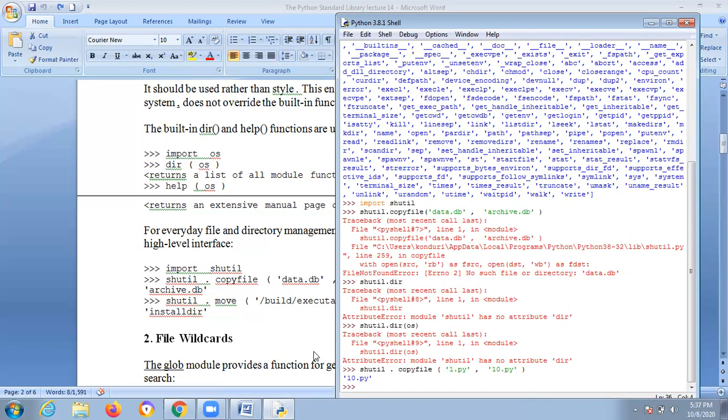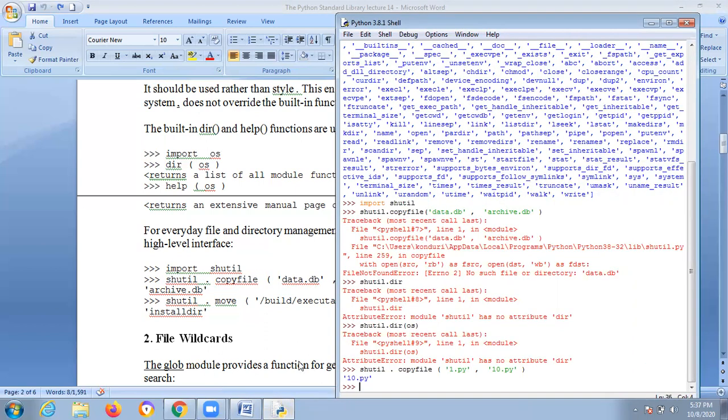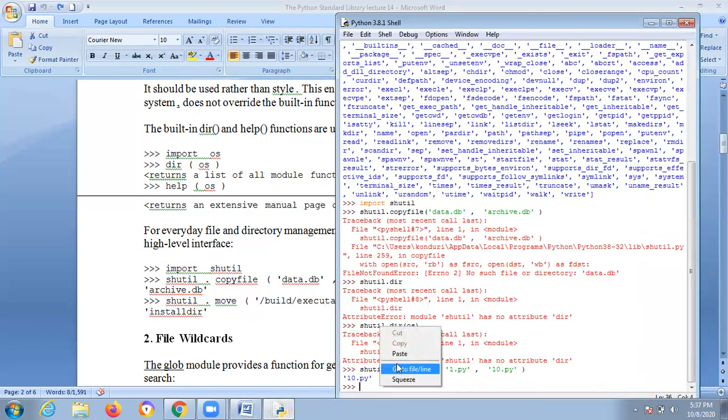Okay, now you have to observe like this. Okay, copyfile, this one. Similarly, shutil.move.